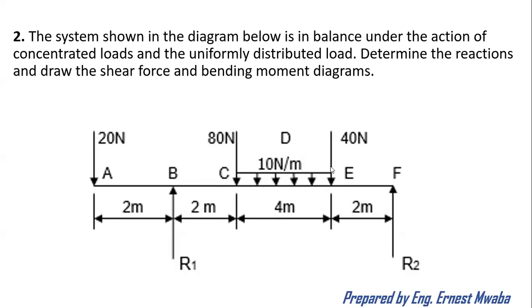By how much? By a certain amount of force per unit length. So normally, you find that this uniformly distributed load is presented as newtons per meter, kilonewtons per meter, meganewtons per meter. In other words, it's just about the length, then how much force is acting per unit length, hence